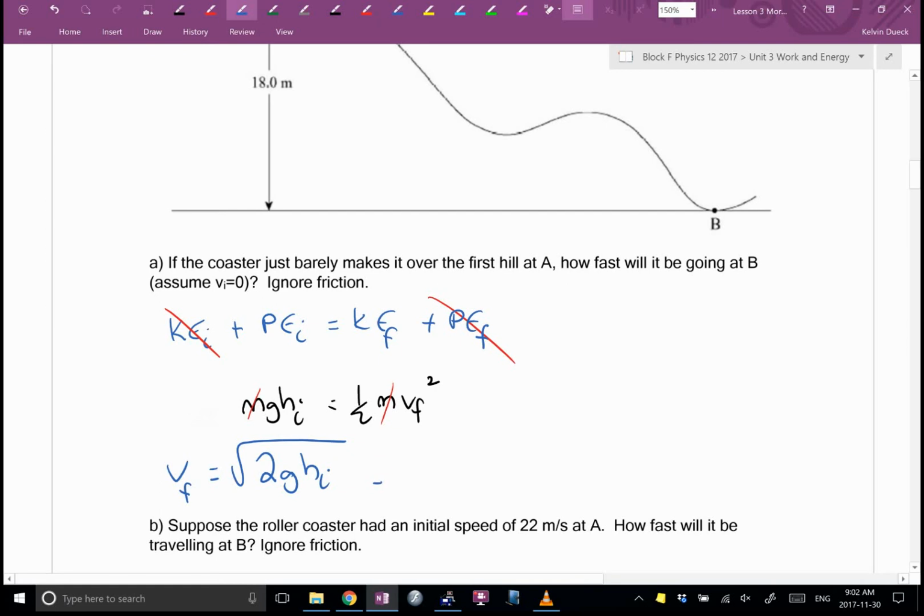This would be the basic equation for any roller coaster. I'm sure if you design rides, this is one you would have at your fingertips. Or you would actually probably reverse engineer. You'd say, how fast do I want to be going at the bottom? That fast. How high do we have to build the roller coaster? You'd reverse engineer. You'd solve for h. Anyhow,